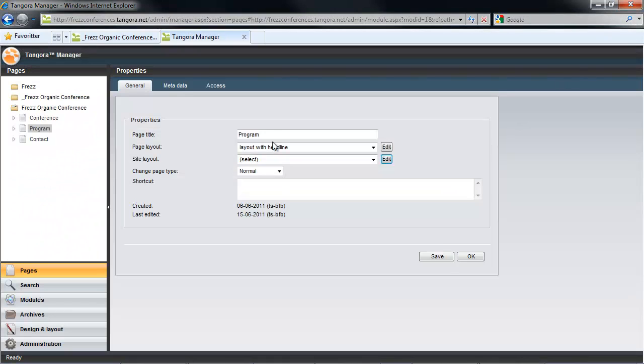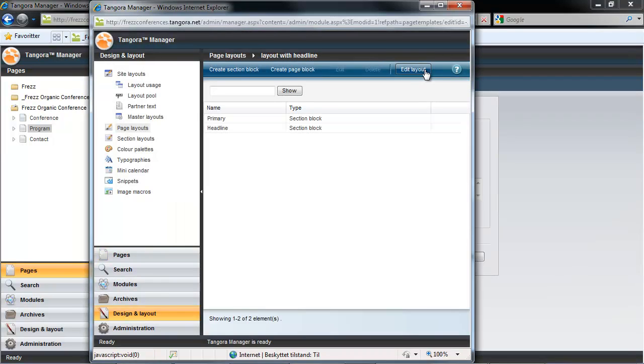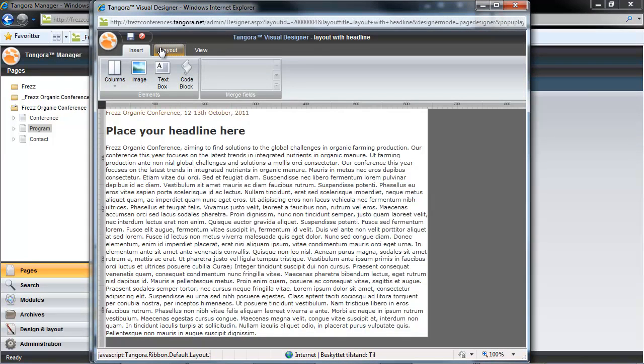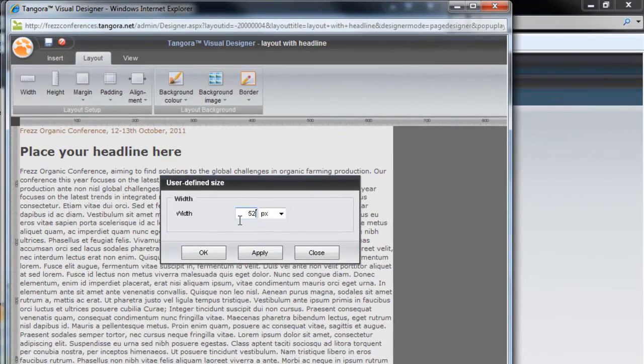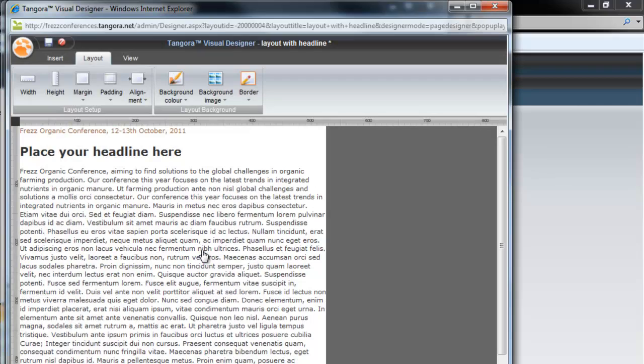So now I can close up and then open the page layout I'm working with. In my page layout, under the Layout tab, I have a width setting. Here I could choose to edit that width, so here I'd enter 525 pixels. And now this layout is optimized for the site layout that I'd like to use it in conjunction with. But what if I wanted to be able to use this page layout in conjunction with various site layouts with different widths? This too could be done.